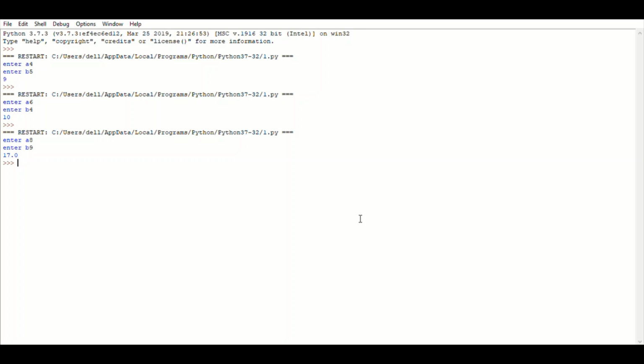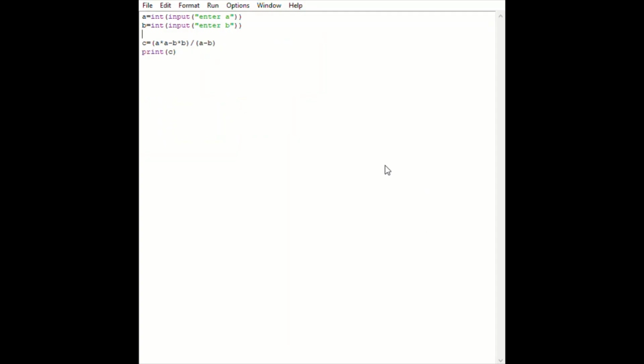Okay, I'll show you the same program by using the if operator, and when I deal with if in detail, I'll let you know how if works. Okay, let me go back to my program screen. And if you people have any doubts, you can leave a comment. I shall try to help you all. So okay, I'll use an if operator.